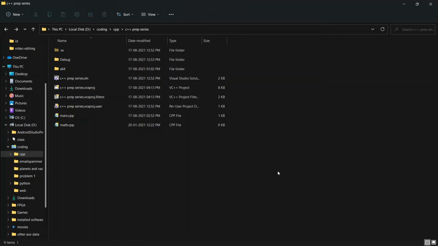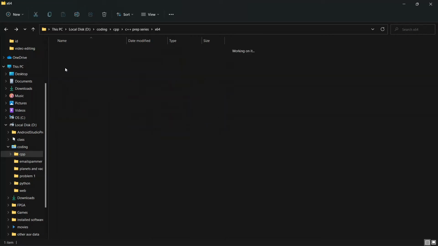Okay, so another thing that's interesting about this is you can see both main.cpp and math.cpp. Both files have almost negligible size because math.cpp is empty, it is taking 0 KB of size. But even if we write something, it is taking a small amount of size. For example, main.cpp is taking 1. But when we move to the build folder,